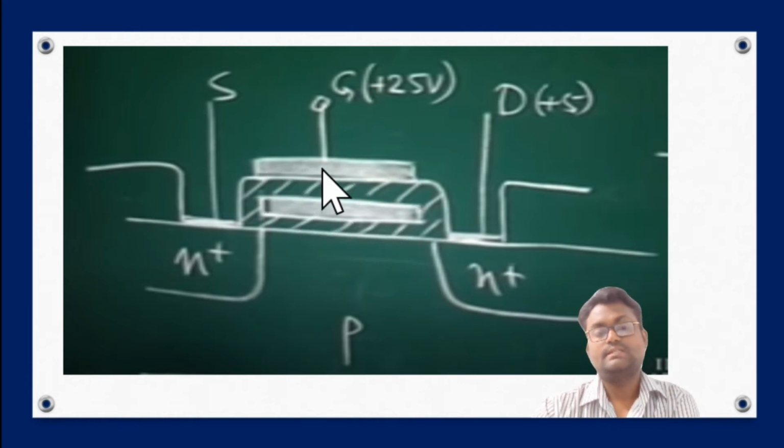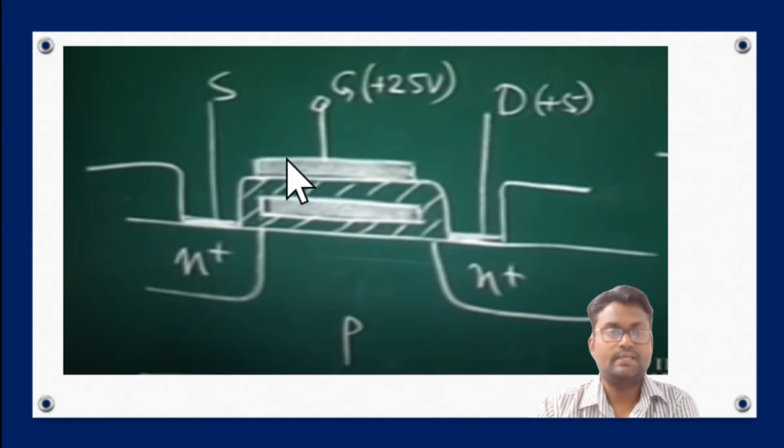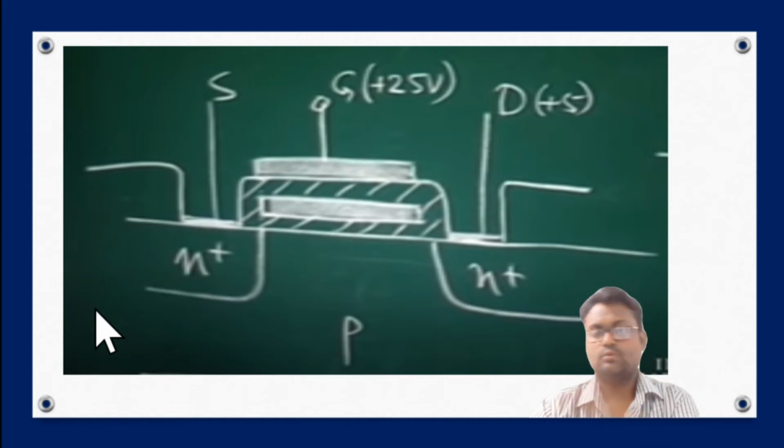This one is the poly. This above structure is known as poly. This one is also poly, and this one is also poly, and we know that for making a gate we need a poly. That means a metal. When we connect two metals, then this type of structure is known as floated gate.